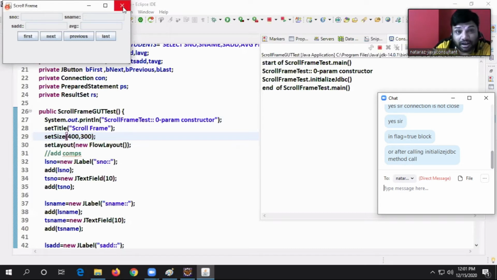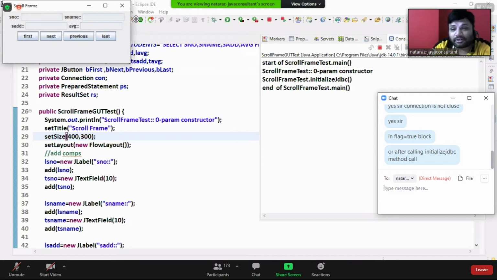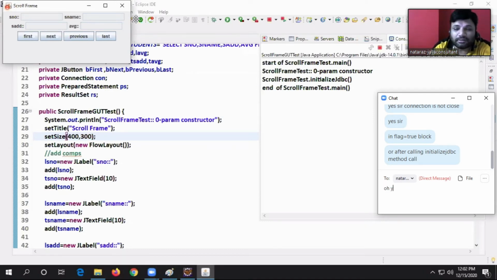Yeah, when you click on this cross mark button, guys, because if you close after executing initialize, there only JDBC objects will be created, there only JDBC objects will be closed. What's the use here?